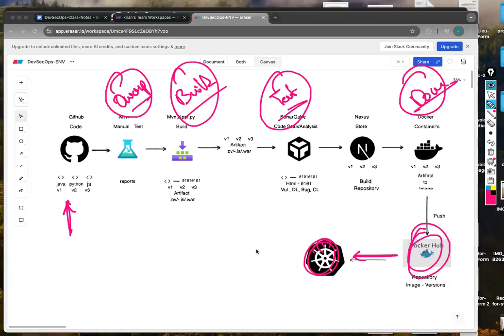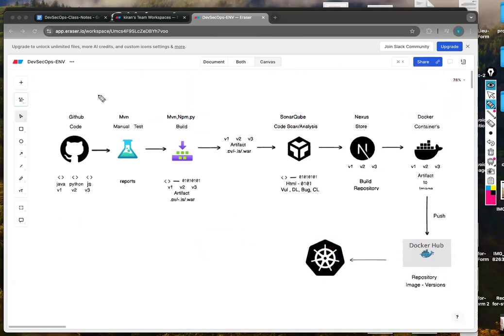So as soon as the image is updated here, Kubernetes. Under Kubernetes, now we have something called Argo CD. Where exactly this Argo CD will come into the picture, we'll discuss later. So from the Docker Hub, you have the Kubernetes cluster that comes into the picture. But till here, the actions that I want to perform are: clone the code,